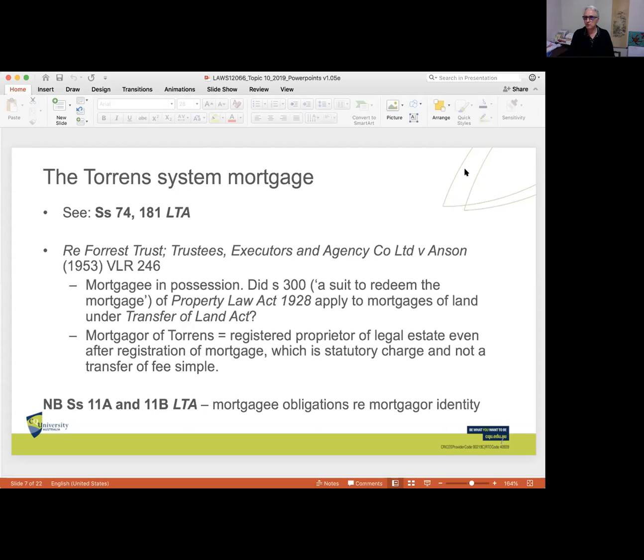What we're mostly concerned with in our discussions here, though, is how property law is governing this relationship. And further, our focus is on the Torrens mortgage. So we've seen that relevant provisions in the Land Title Act